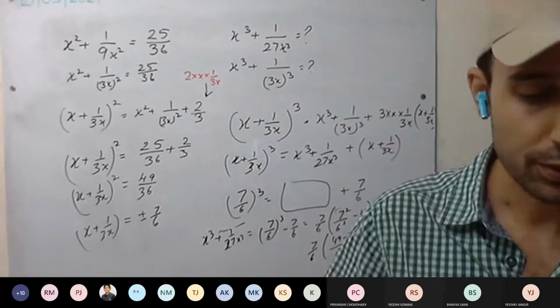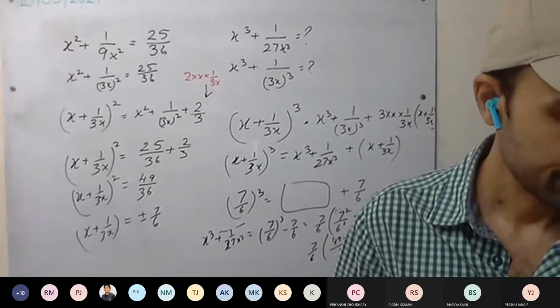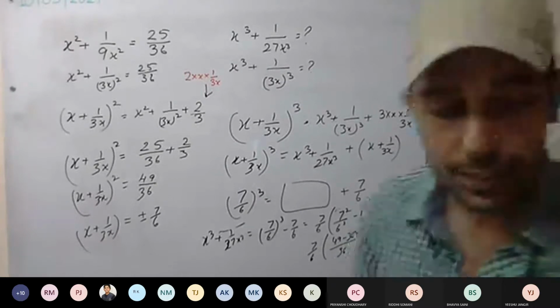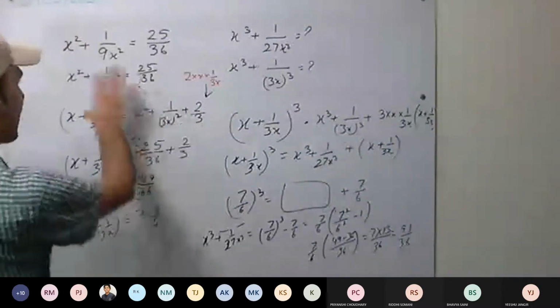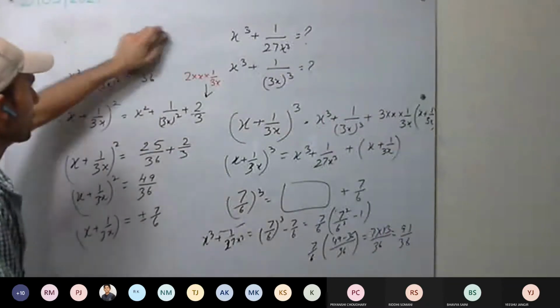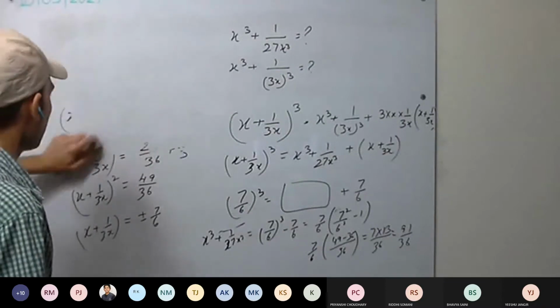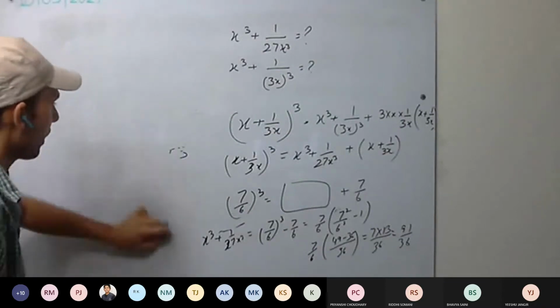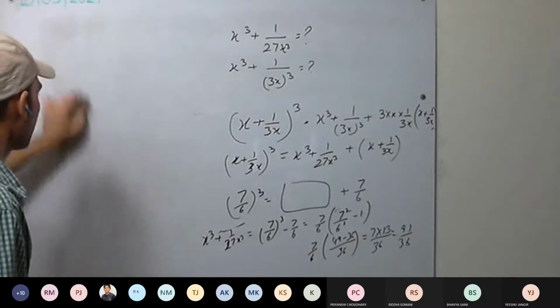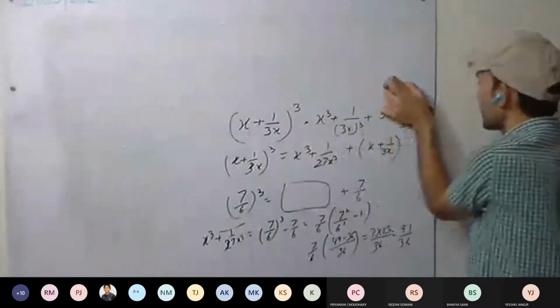Fifth one, how are you going to do the fifth one? See the question once. Any doubt in the fourth question? Only these equations, identities, we are using. Just pay attention while adding, subtracting, multiplying. Next one. What can we do with what is being given to us? Anyone in class, how can we proceed with that?